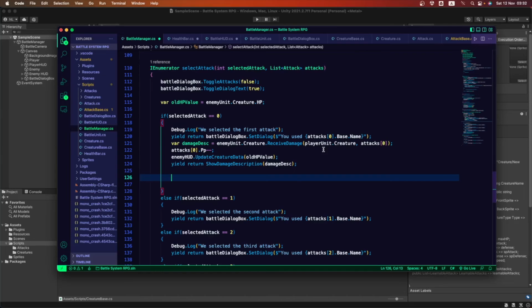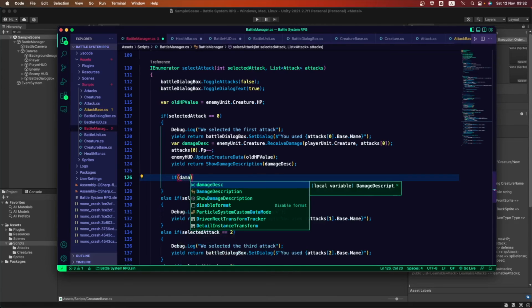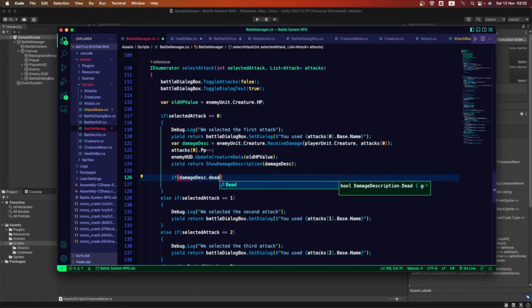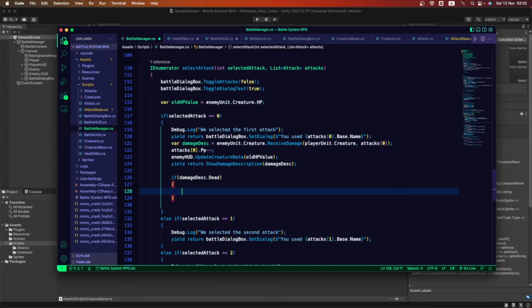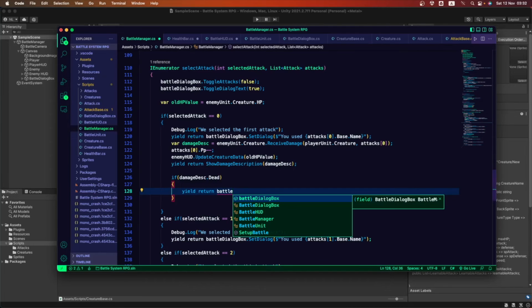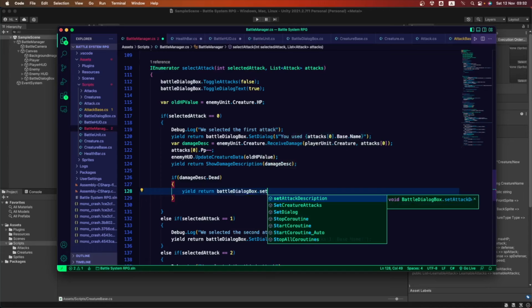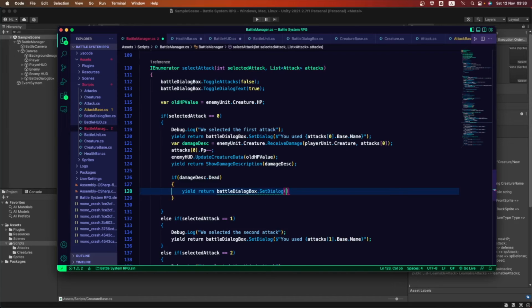So if damage desk dot dead is true, we want to yield return battle dialog box, set dialog, and we want to know if the enemy creature is dead.